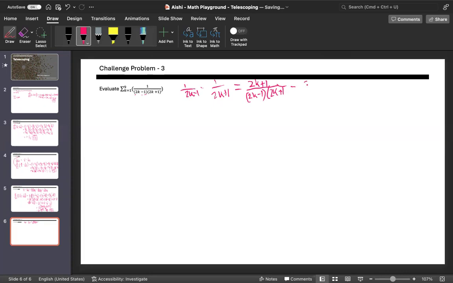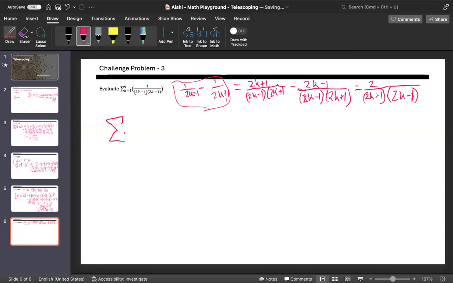minus 2k minus 1 divided by 2k minus 1 times 2k plus 1, which is equal to 2 by 2k plus 1 times 2k minus 1, which isn't what we wanted, but we can write as half of this thing, right? So